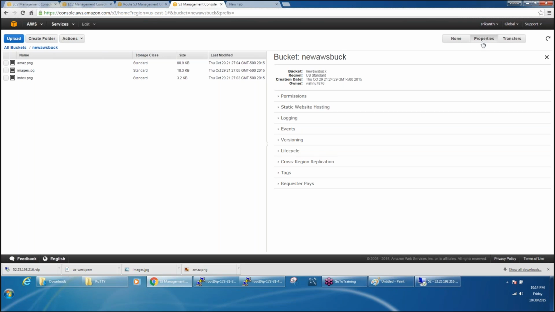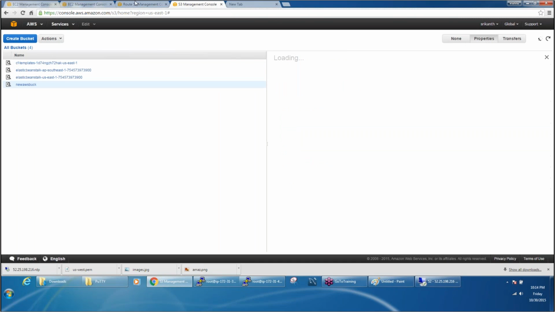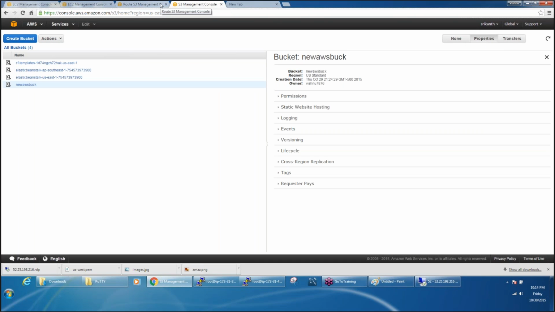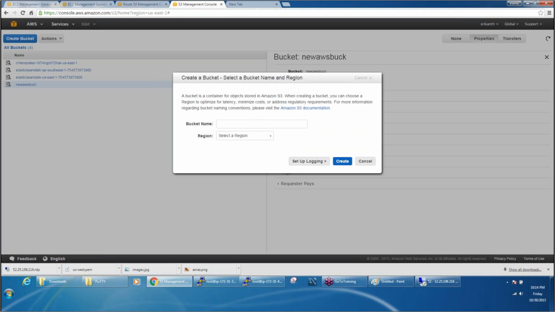If I want to host this bucket name, I will not be able to do it. But if I want to host a bucket name on Route 53, I can do that, provided your bucket name and the domain name that you're going to use should be same. For example, we are going to create a bucket name, something like this: s3 dot